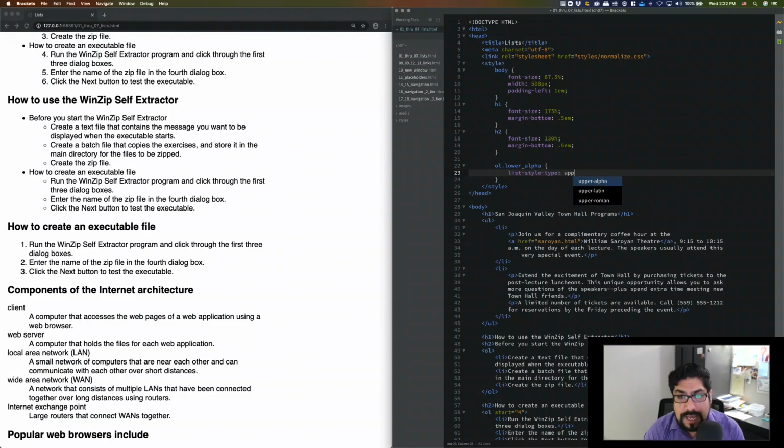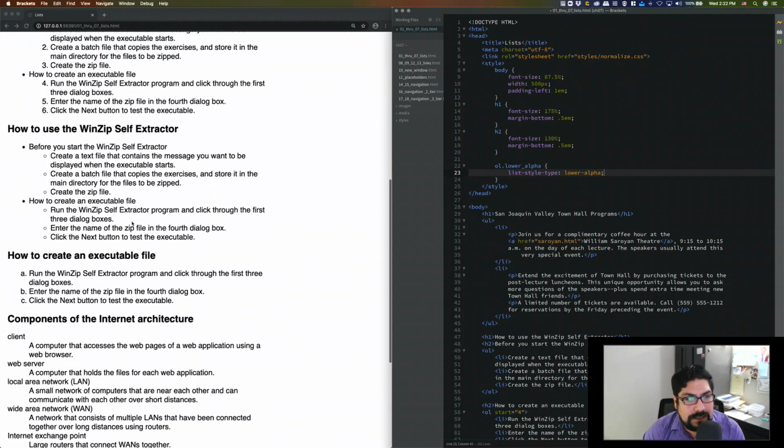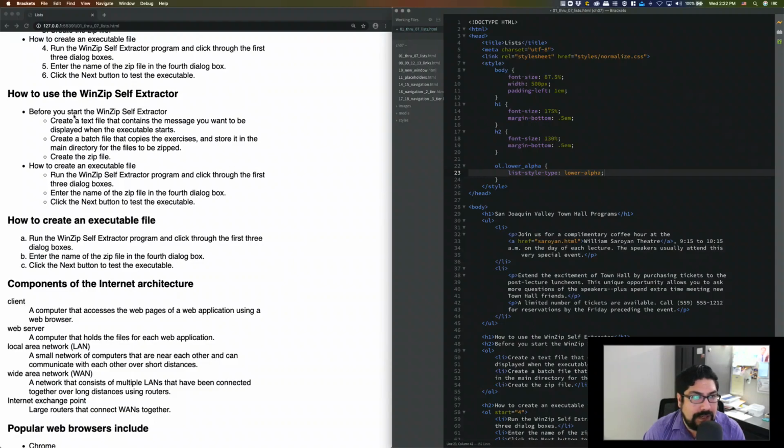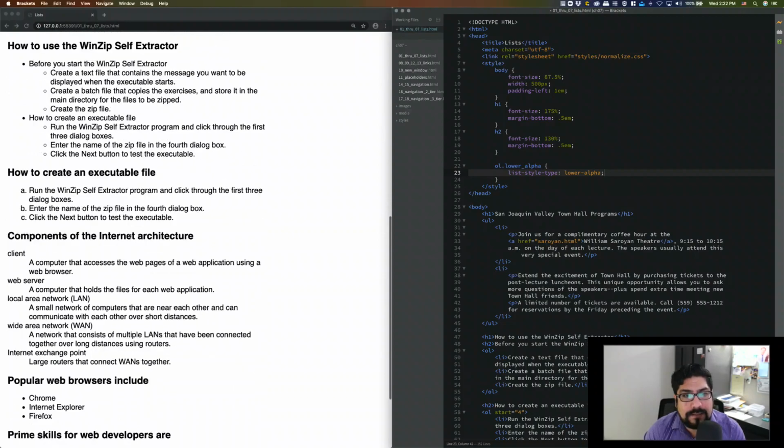So I can do upper, for example, upper Roman if I want, and now I have on the left, I have upper Roman as numbers. So just keep in mind that you can do that. So I'm just going to go lower alpha, which is the look that I was looking for. Then you can see, for example, you can get a 1 and then ABC. That's how you start creating a more index type of